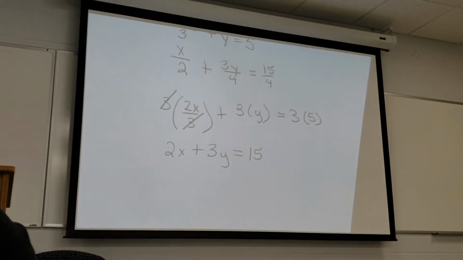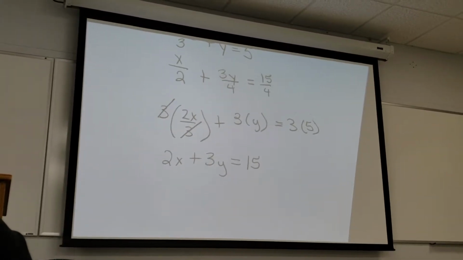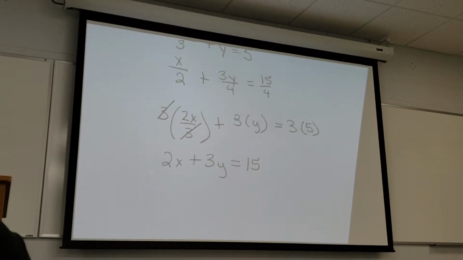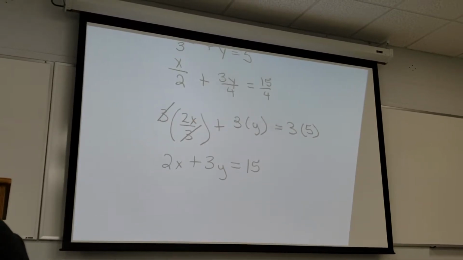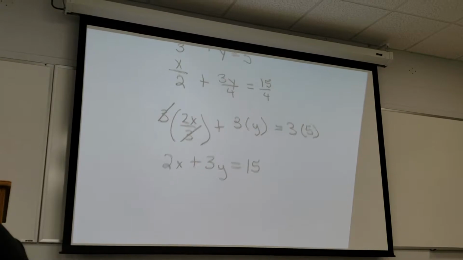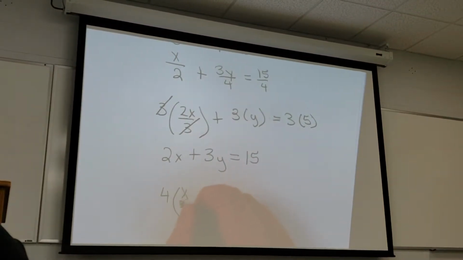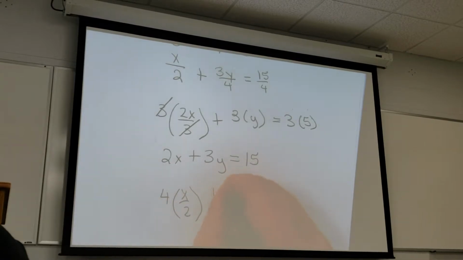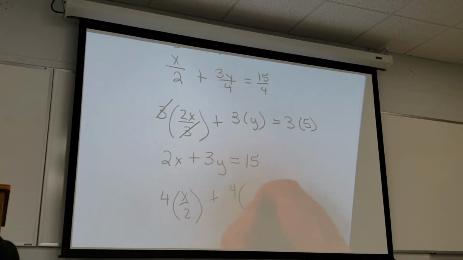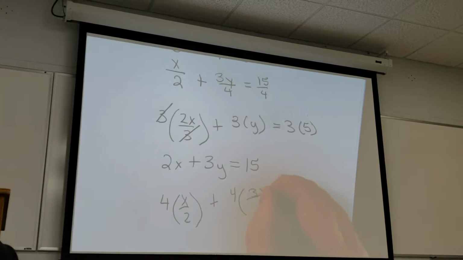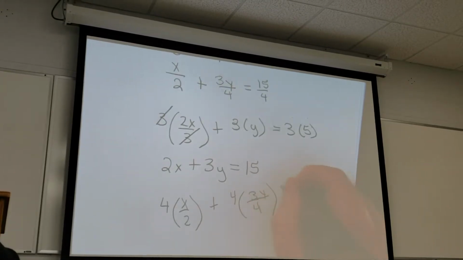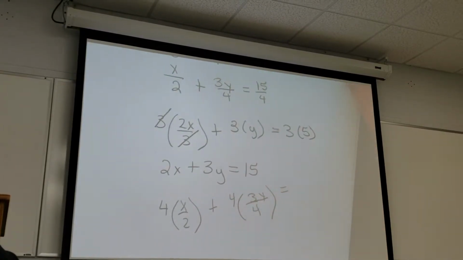So I can do 4 divided by 4, 4 divided by 4, and 4 divided by 2. So that's how you get the 4. So I'm going to have 4 times x over 2 plus 4 times 3y over 4 is equal to,